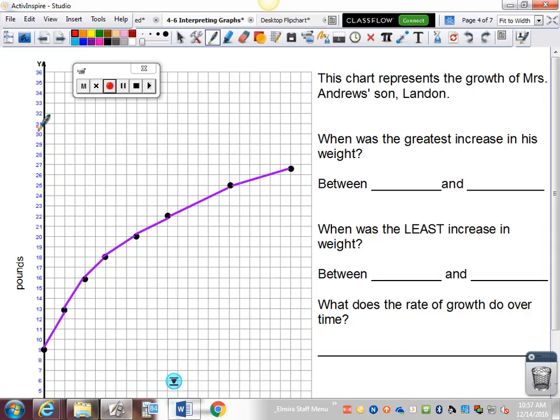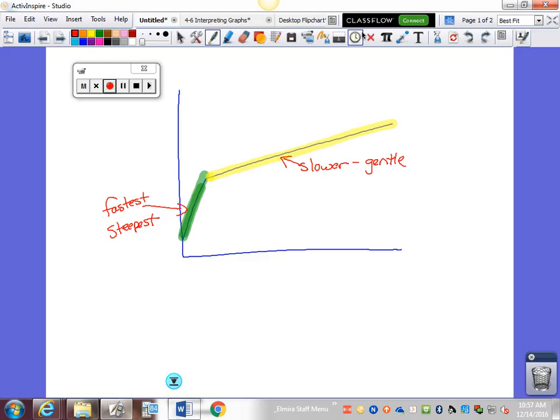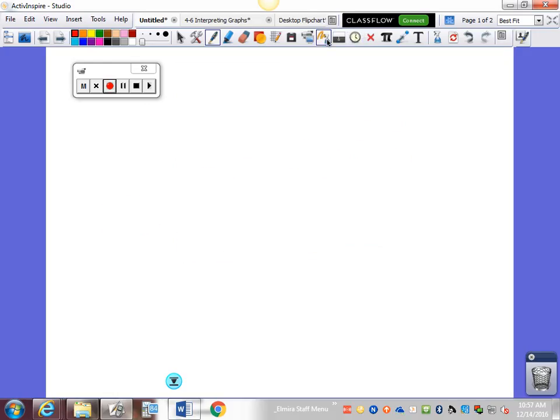Okay, so this chart, this graph is all about data. It's actually data that I took from my son's growth from when he was 0 to 2 years old. He's 4 now. But I want to take a break from the notes for just a second and show you an important graphic for a second here. All right. Because a lot of students are confusing